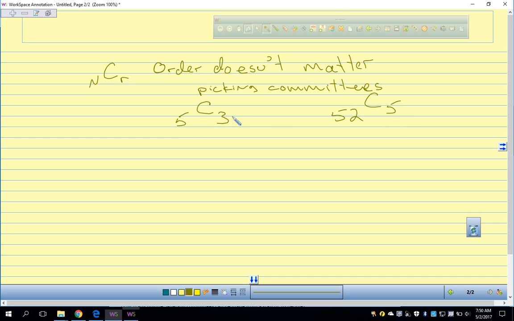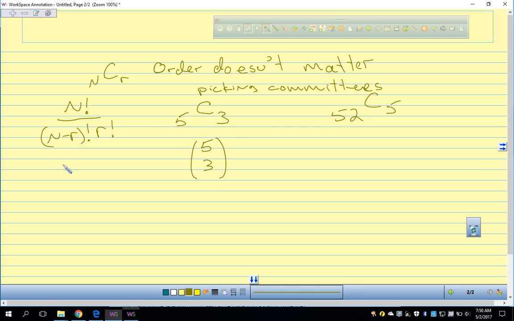So 5 combination 3 means I have 5 people, I'm choosing 3. Sometimes they write it like this, 5, 3, and it's understood that it's a combination. This is 5 combination 3 or 5 choose 3. nCr means n factorial over n minus r factorial, that's a permutation. But then I divide by r factorial, because